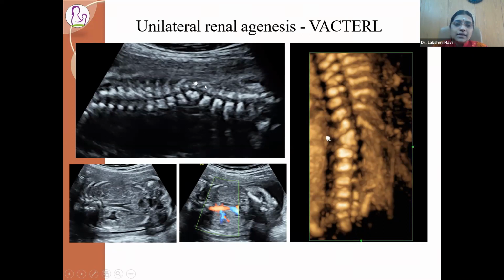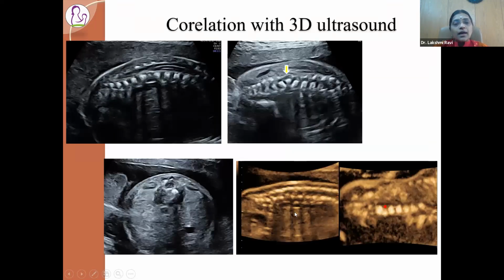So this is 2D ultrasound, this is 3D ultrasound, and obviously the baby had other anomalies like a unilateral renal agenesis and anal atresia, all contributing to a VACTERL association. So obviously, this multiplanar imaging is one of the other major factors which really helps you in obstetric imaging,